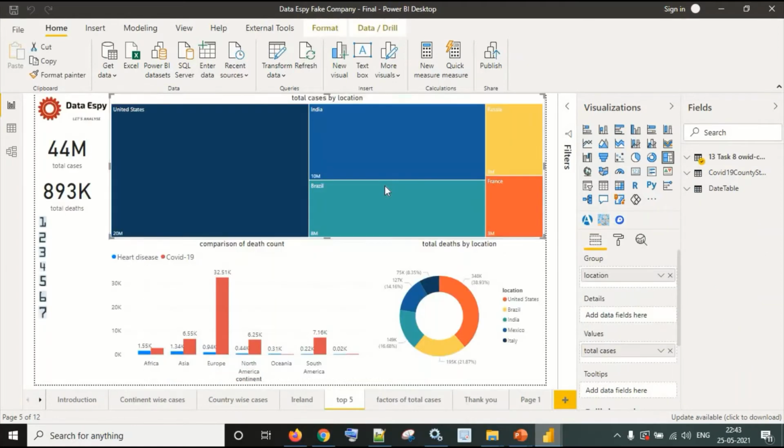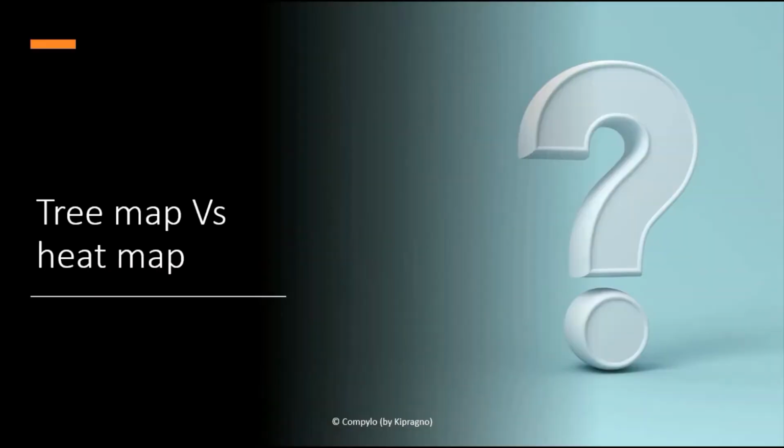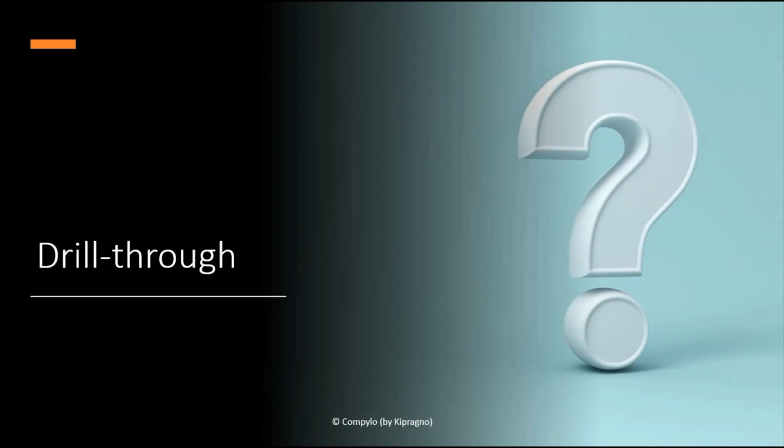Here we can have the same color; there is no mandate that we have to have different colors. But the size of the rectangle should be different in a tree map, while it is not mandatory in a heat map. So this is the major difference in visuals.